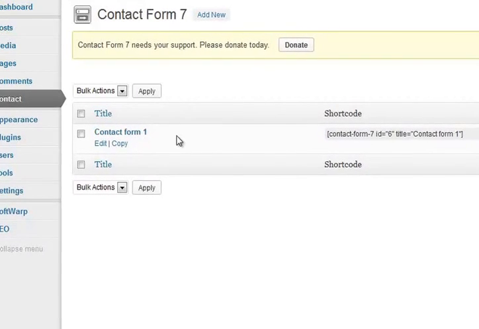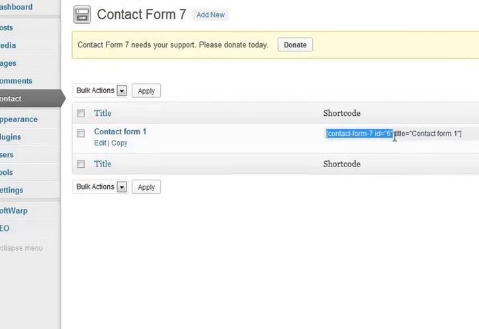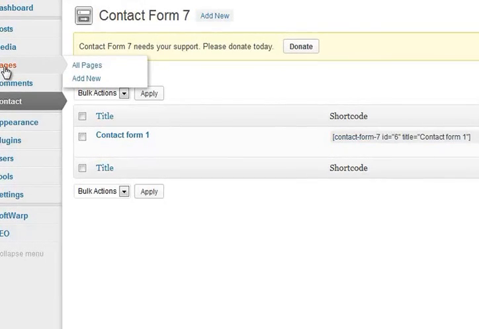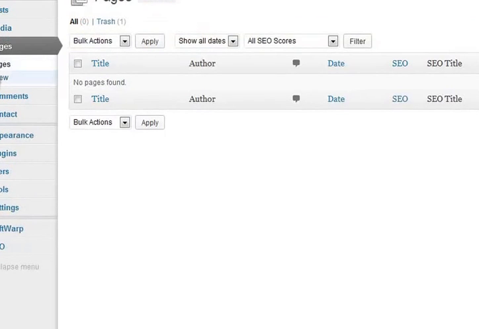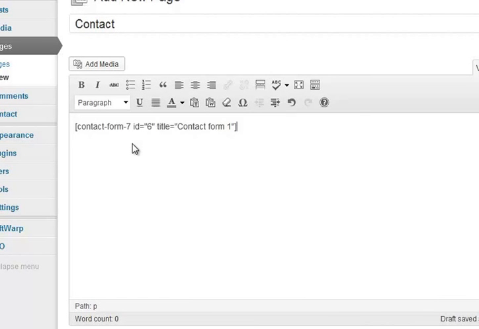Basically, it sets up a contact form and gives you what it calls a shortcode. So we copy and paste that, go across to pages, click on add new, and we're going to go for a contact form. Just call it contact, copy and paste that in,